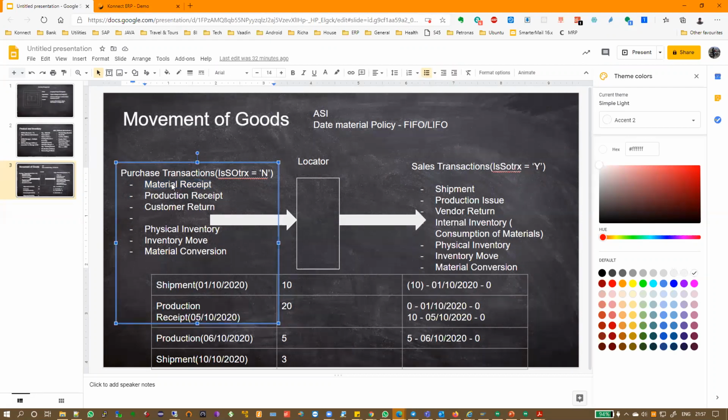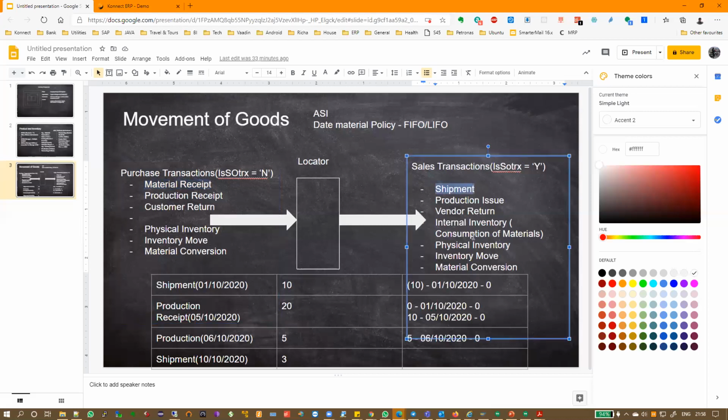So when you want to buy from a vendor, then what is the document before material receipt? Before that, we have purchase acquisition and purchase order. What is the document before shipment? Sales order. Okay. What is the document before production issue? Manufacturing order, exactly, right?